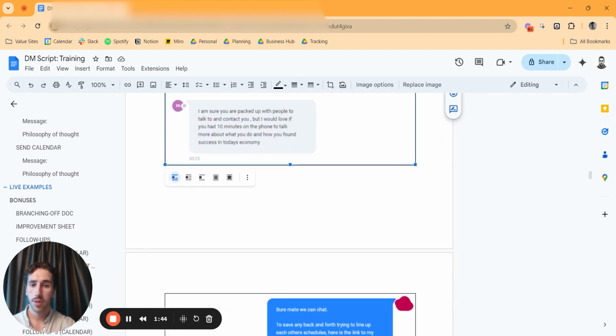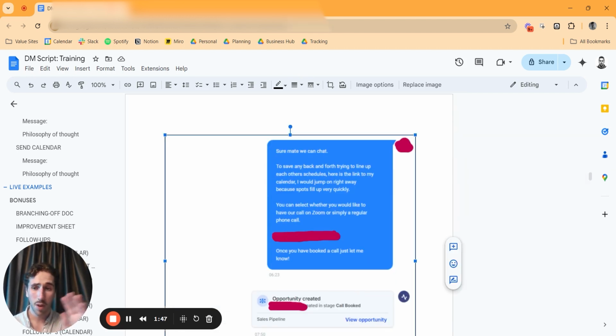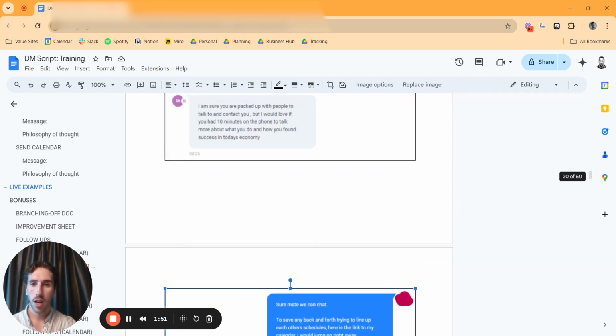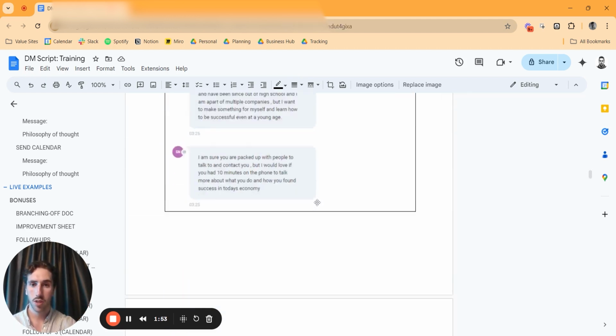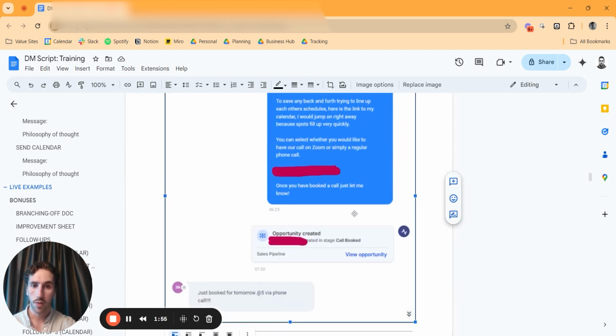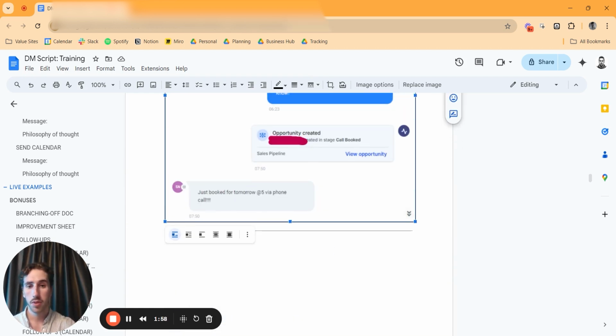And in that case, if someone's super high intent, especially if you're not booking the amount of calls you want, if you're trying to get more calls booked in your calendar, I would just recommend booking them in. Okay. So this is just a fun example I wanted to include where it was super obvious. That doesn't happen all the time though. So let's get into some more